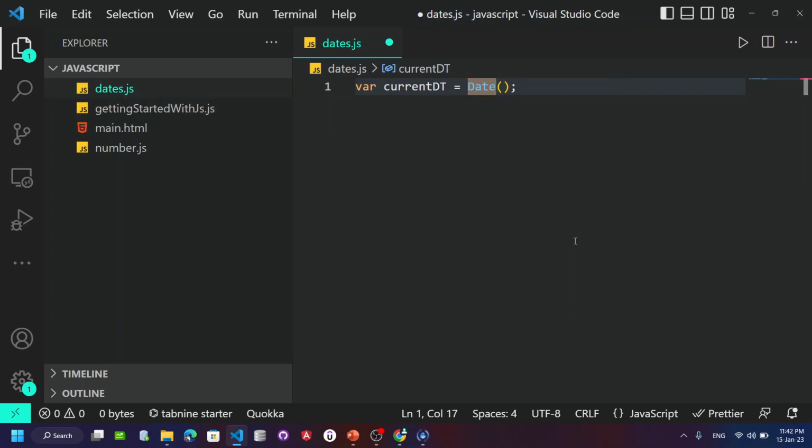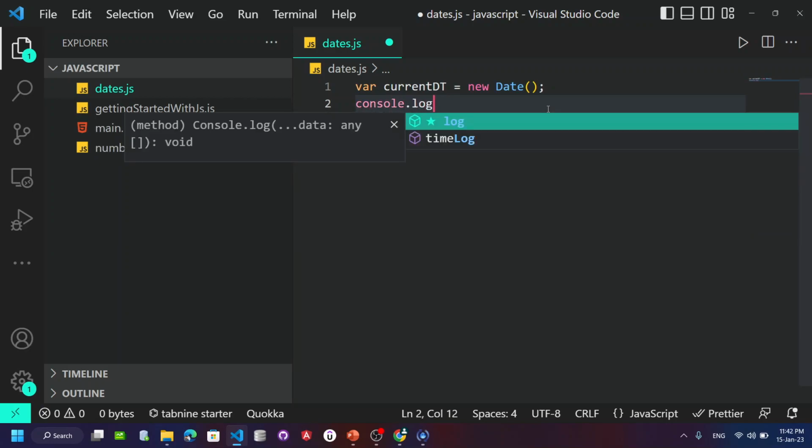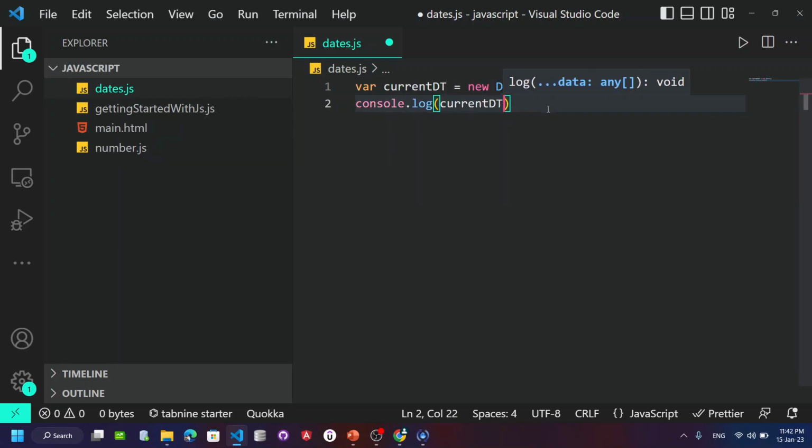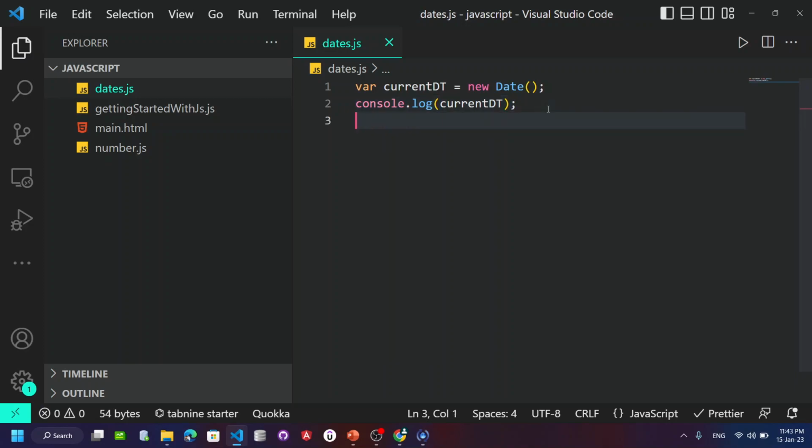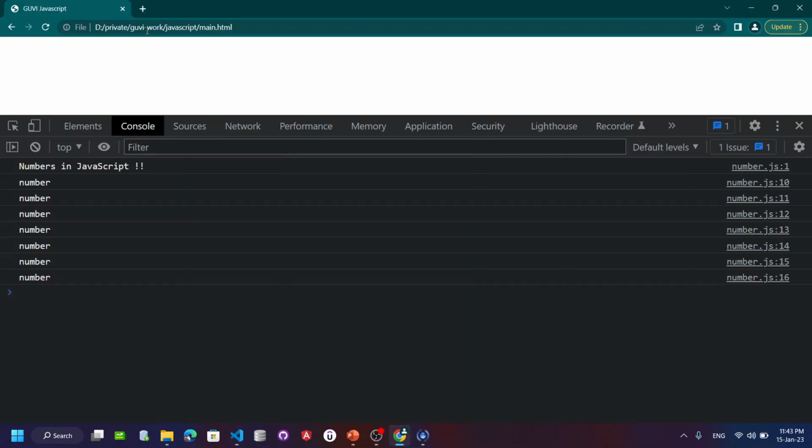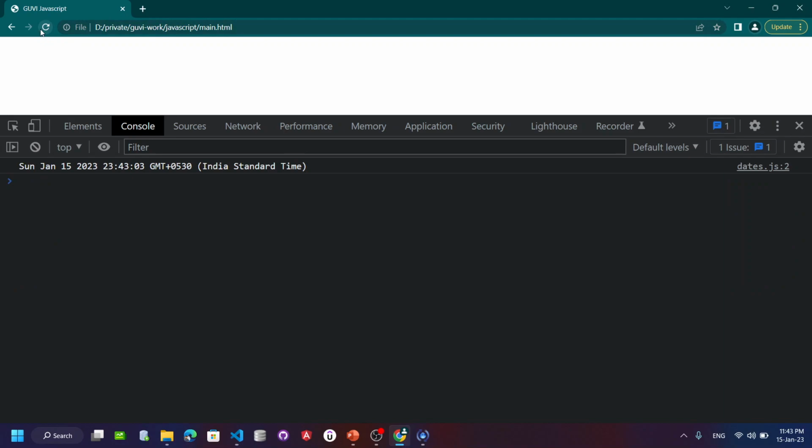And in many other programming languages, whenever you try to make a new instance of a class, you use the reserved keyword which is known as new. So now we can console.log current dt. Let's save this, open up our browser, try to reload this, and here you can see